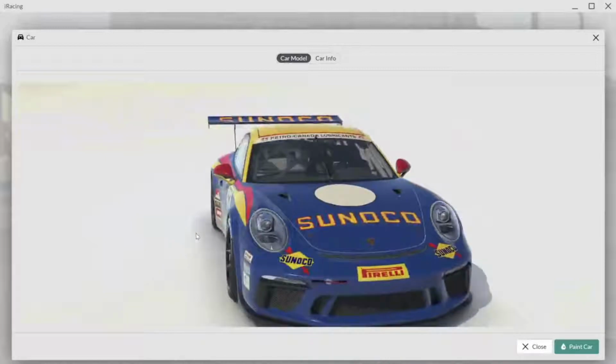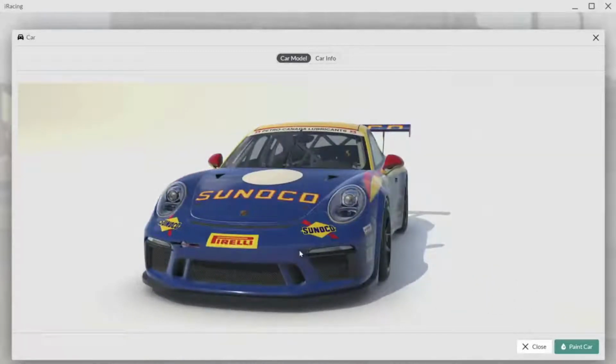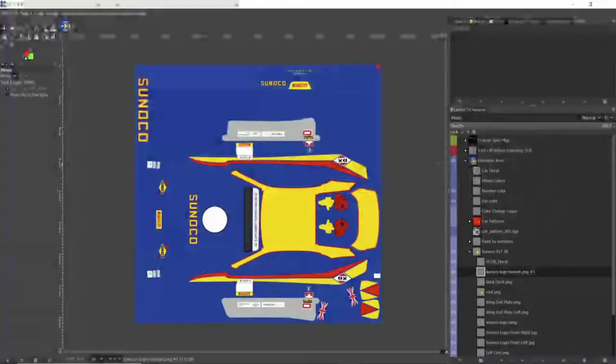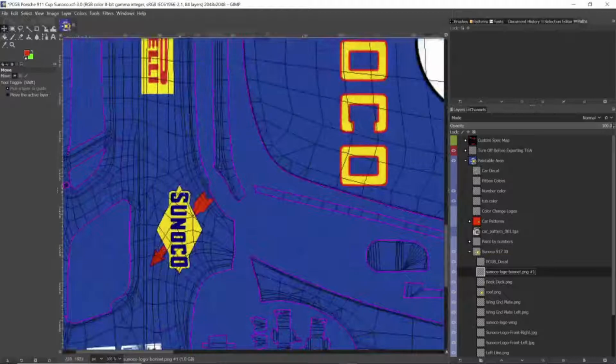So placement sometimes of logos, they might look askew, but that's where I find the lines really helpful, because you'll look at key parts. So say if you're trying to place these arrows in a particular spot, if you have the wire switched on, you can start to see,